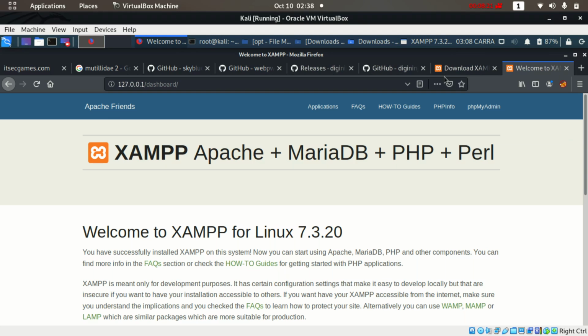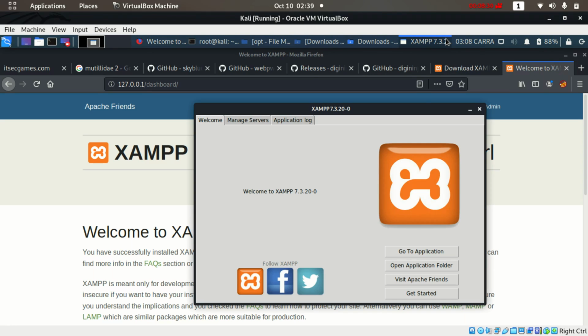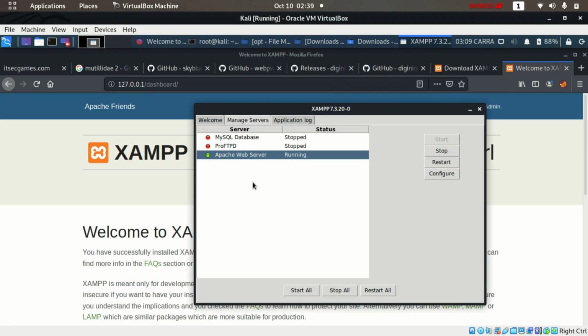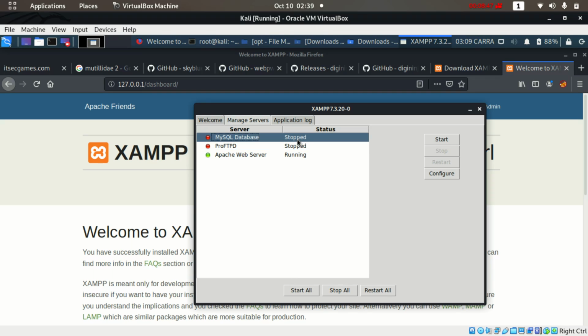Okay, so XAMPP is running Apache, MariaDB, PHP and Perl. So we can click here and check manage servers. Right now the MySQL database is stopped and the Apache web server is running. So we can start all the services at once, or we can stop all the services or restart, or we can select each service and start it by clicking the start button. So we'll start the MySQL database,